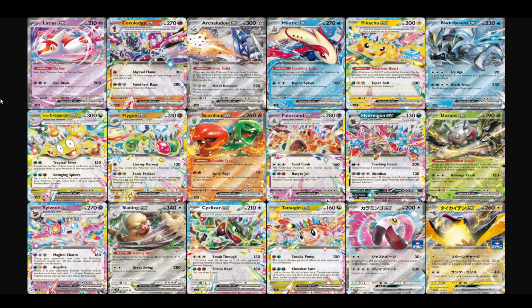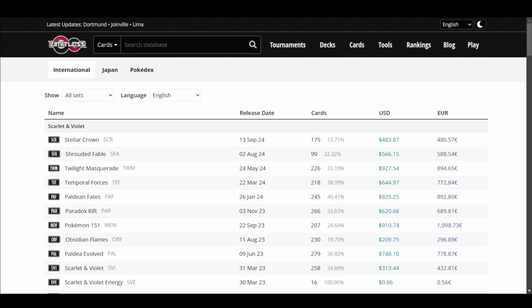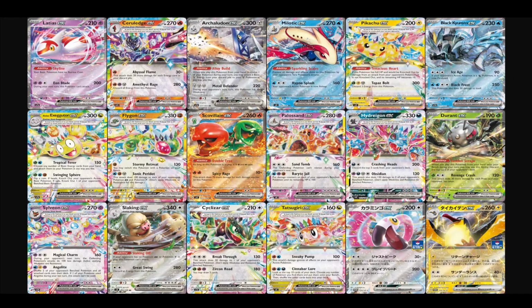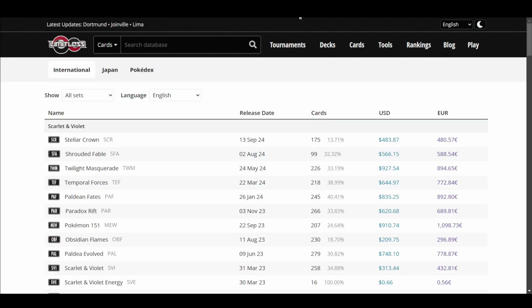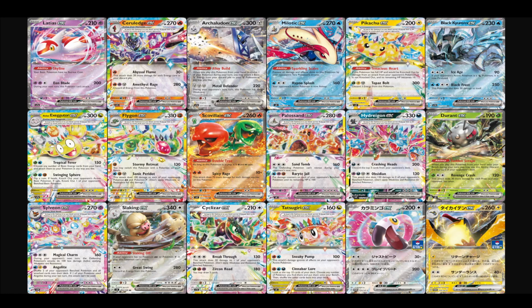You could do that because you need a lot of energy acceleration to your bench. And so you actually do need switching. There are lots of times we just need switching, or there are some times we just need switching. But yeah, it allows you to attack. Essentially, it saves an energy attachment in a good few situations, which will allow you to attack easier turn one going second. I don't think it's a super game breaking card, but I think it's a card that you'd put in almost every big basic deck,